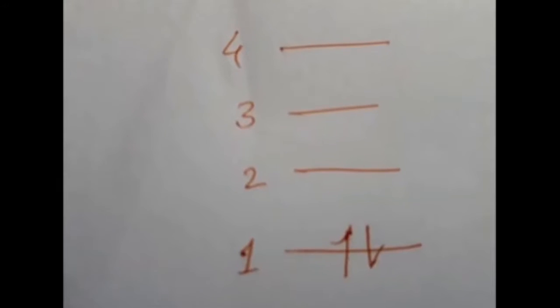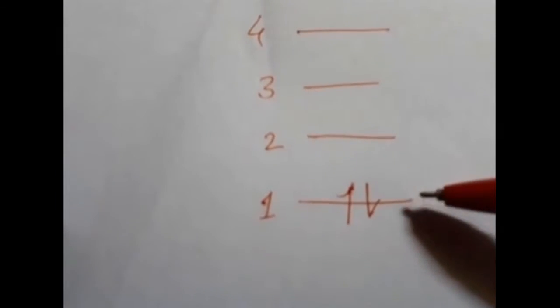Now if I place an electron here, the situation changes. So now this is the highest occupied molecular orbital. Remember, irrespective of the electron, that is 1 electron or 2 electrons, HOMO means where an electron is present. So here an electron is present, it may be 1 or 2. So this one is now HOMO, the highest occupied molecular orbital, and this is LVMO, the lowest vacant molecular orbital.